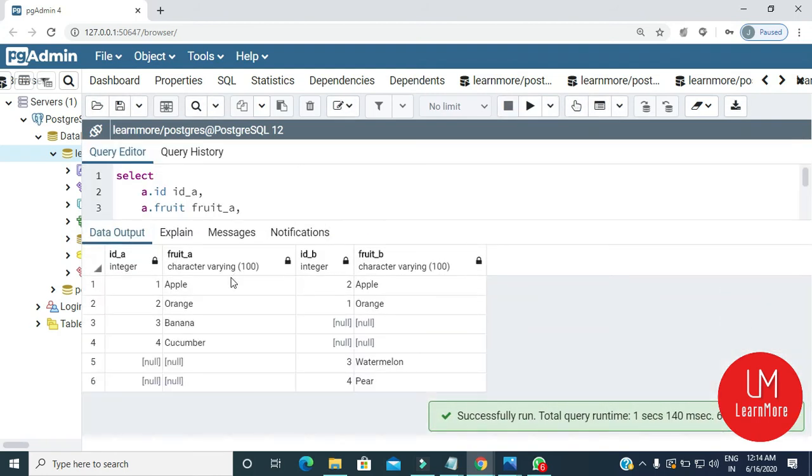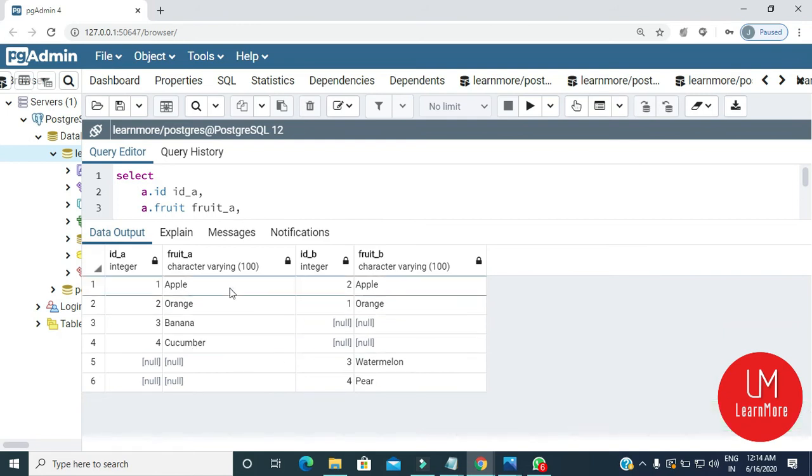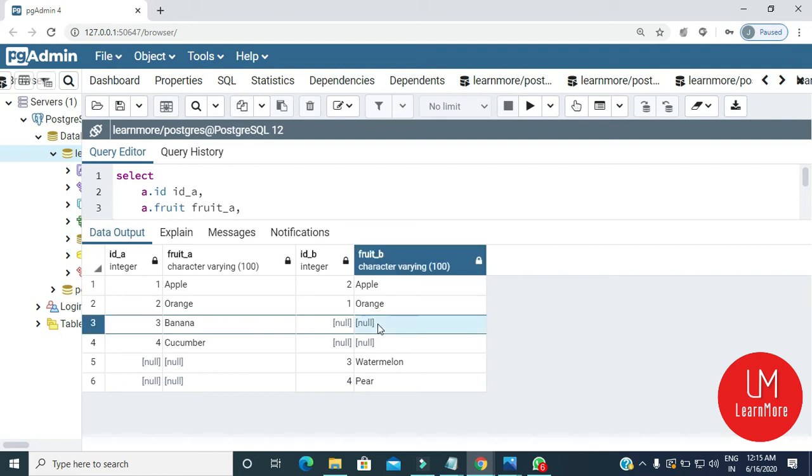See, you can see all rows from table 1, then matching rows on your right side. And if you don't have a match, that is in the third position you have banana. You don't have banana in your right side table, that is basket B, so it is filled with a null value.